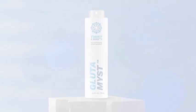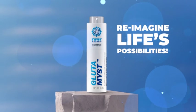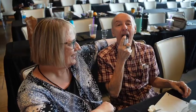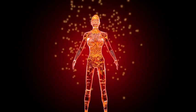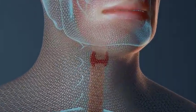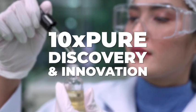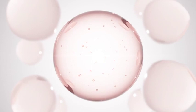Introducing GlutaMyst. From the moment you twist and mist GlutaMyst onto the soft tissue of your mouth, your body will love the way the tiny nanobubbles are transported with lightning speed, passing into the body in as little as just 15 seconds. CTFO's latest 10x Pure discovery and innovation takes small amounts of highly bioavailable nanosized glutathione and combines it